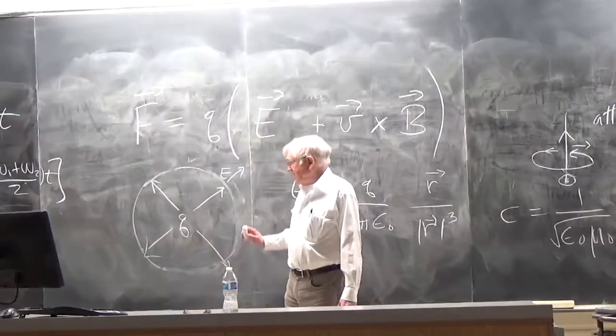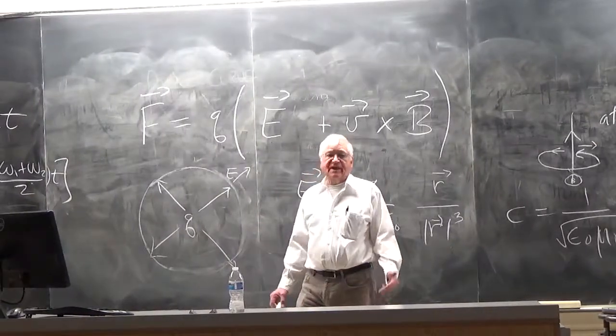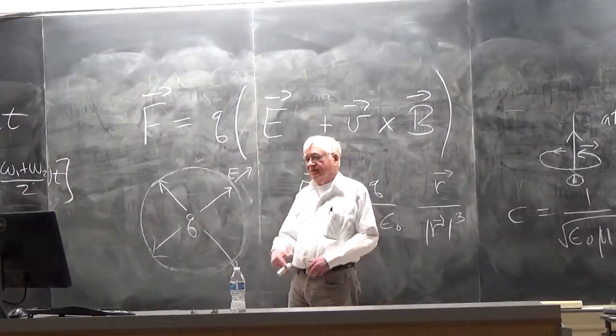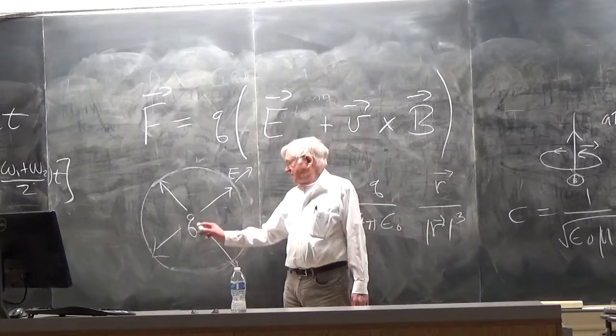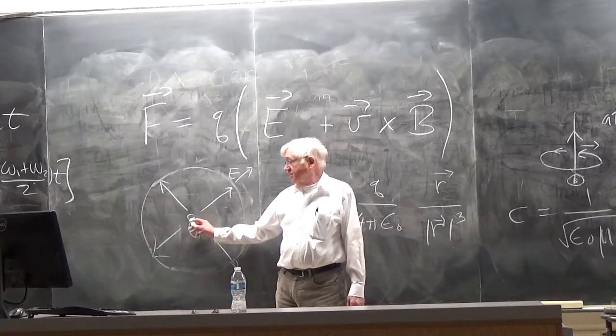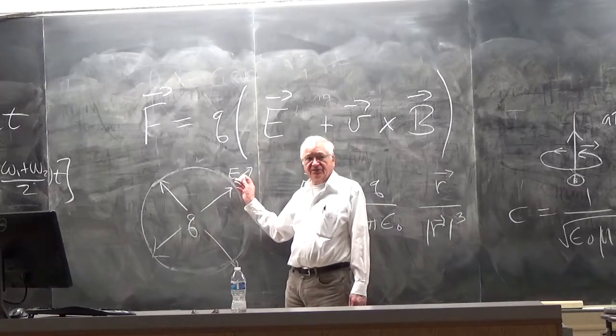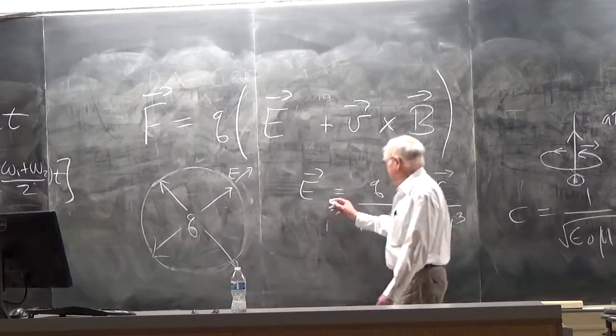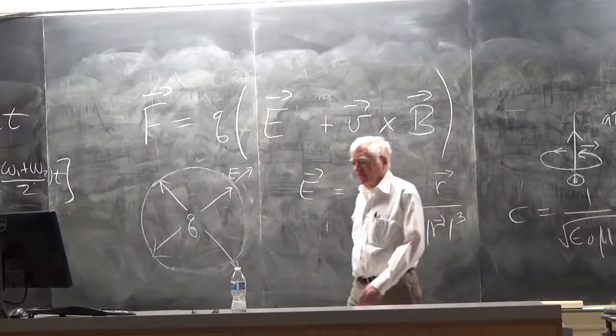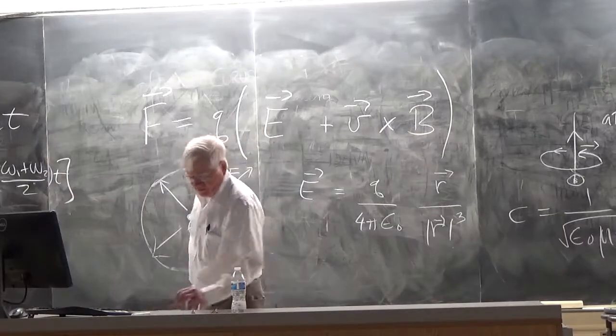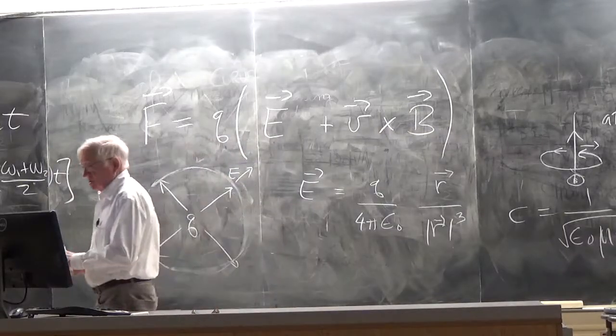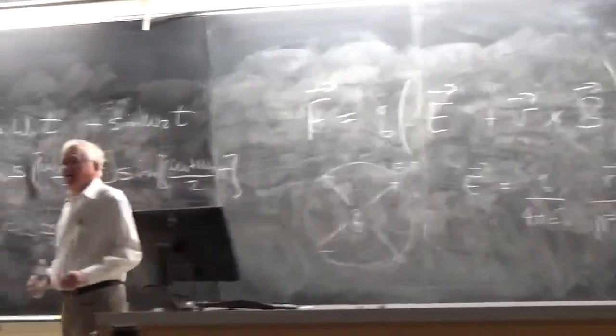And if there were, and there's been speculation that there might be in extended theories, then you would have a magnetic charge here, then you'd have a magnetic field there, and you'd have something like a 1 over r squared force. But there's been no detection of what's called a magnetic monopole.